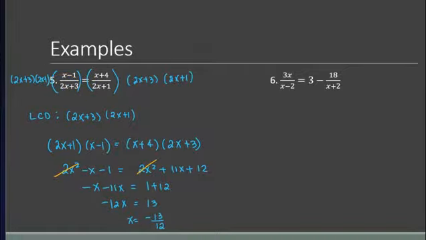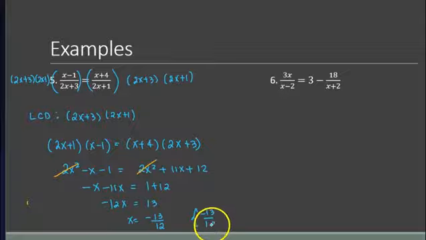So you just have to make sure that your denominator will not be 0. Let's check over here: 2 times negative 13 divided by 12, plus 3. You just have to check that that will not be 0. So obviously this will become 6, so it will not become negative 3. So that's not 0. And similarly on this side, it will not also be 0 if you check this part here. So that means that this would be our solution.